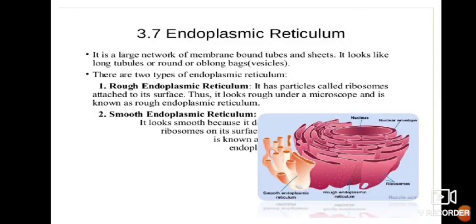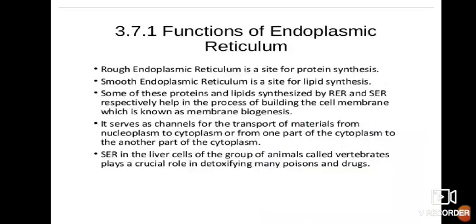Its functions are to synthesize a few vesicles, which transport proteins to whichever region they are required. When ribosomes attach to the endoplasmic reticulum, it forms rough endoplasmic reticulum, and smooth endoplasmic reticulum is when ribosomes are not attached. Smooth endoplasmic reticulum is a site of lipid synthesis and rough endoplasmic reticulum is a site of protein synthesis, and from here they are loaded into the vesicles and sent to